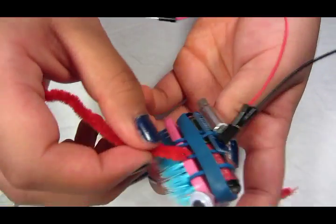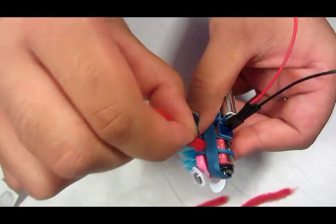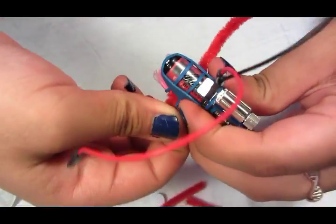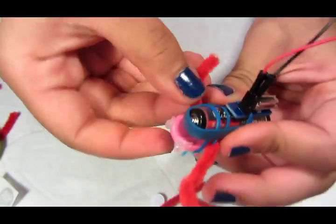And you're going to stick this pipe cleaner under the battery and battery case. Lightly wrestle to get it in, and you're going to repeat this